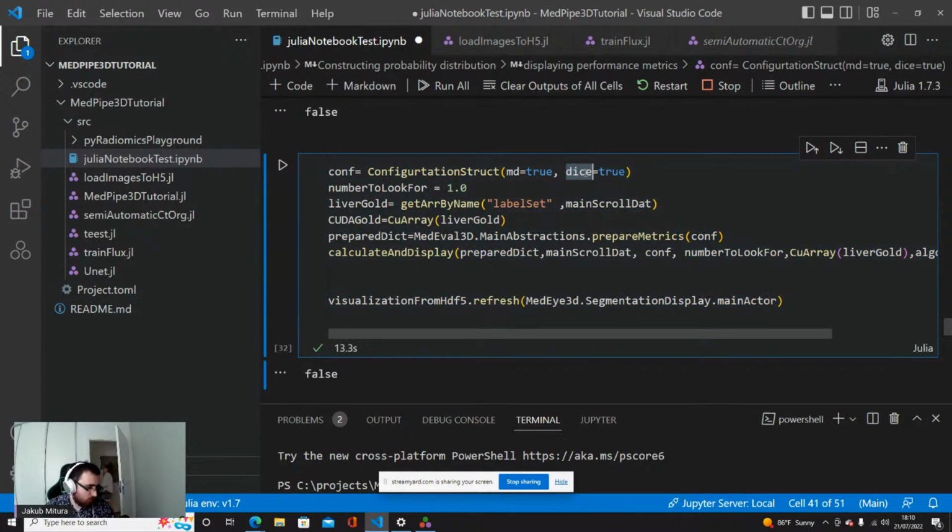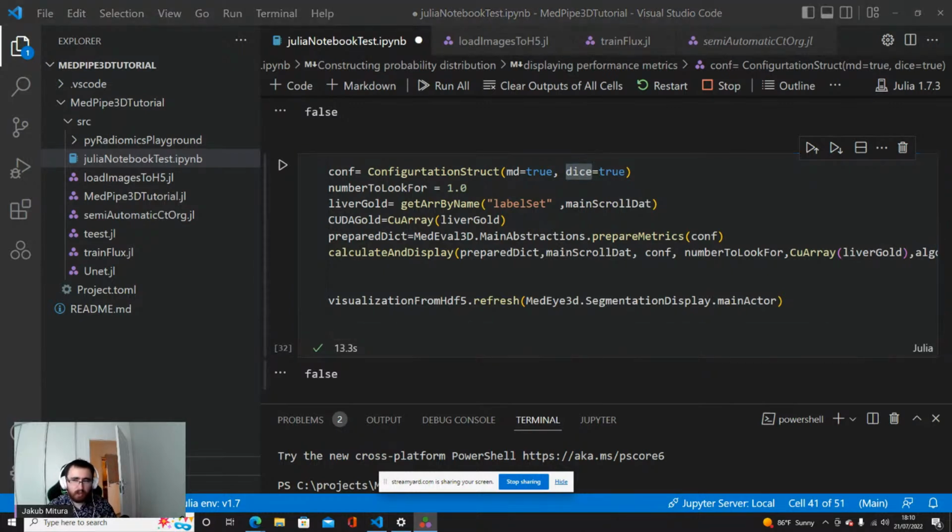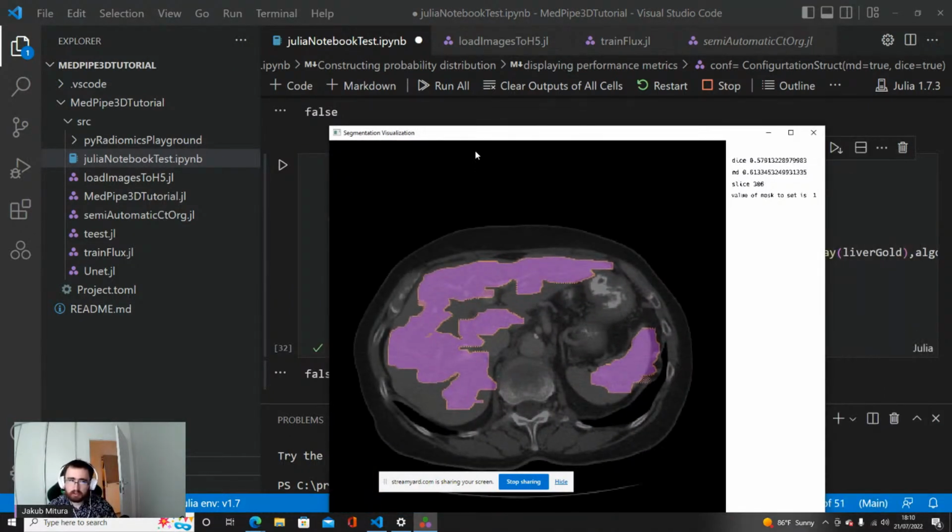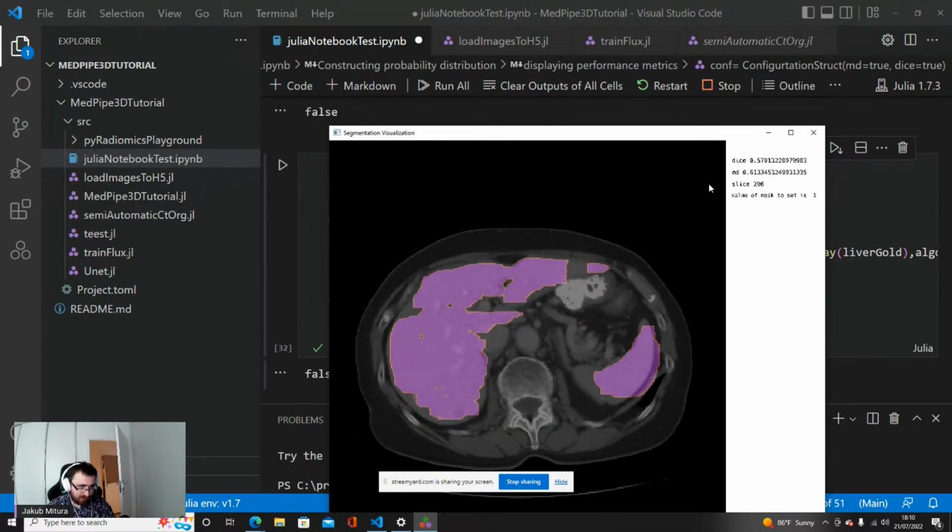There are a lot of works now that test that Dice is not so good, but still it's the most widely used metric that is around. And now what is important, you will see displayed on the image, at the top right, the values of Dice and Mahalanobis distance.